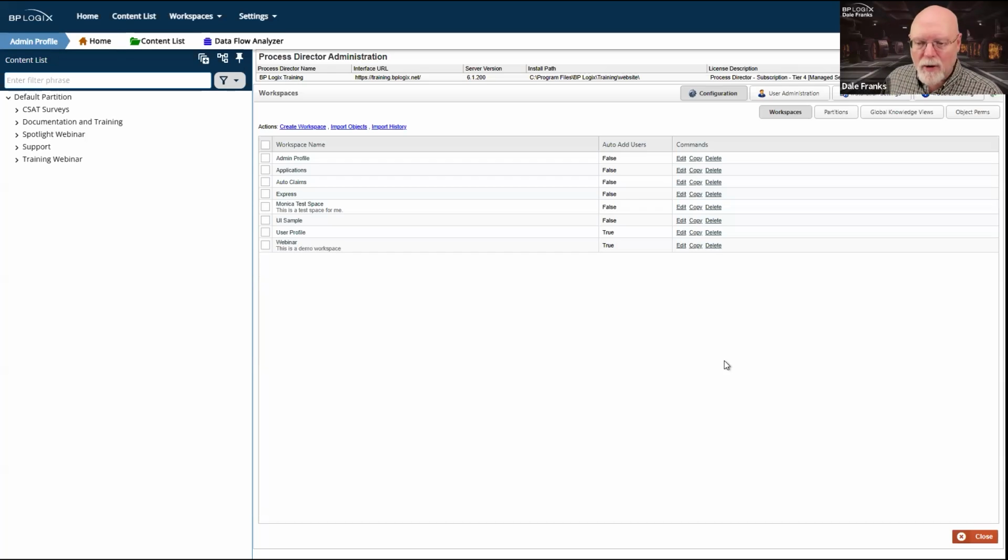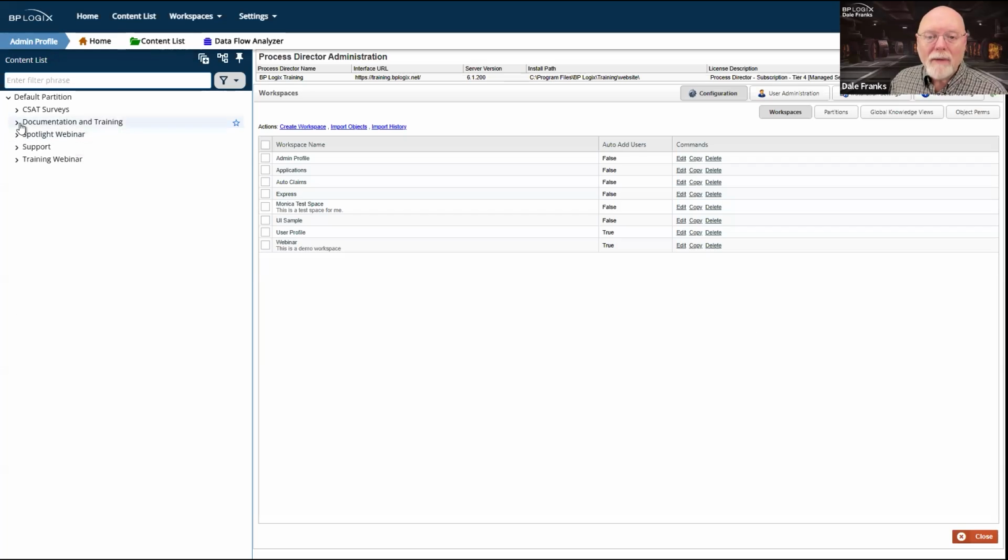Because remember, if I have a workspace that is directly associated with specific items in that application, knowledge views, forms, whatever, then when I import that new application, after that application is imported and the objects exist, I'm now going to have to go in and import a workspace for it too. So I'm now going to have to do 2 separate imports to import that application. On a large system, this might get tedious.